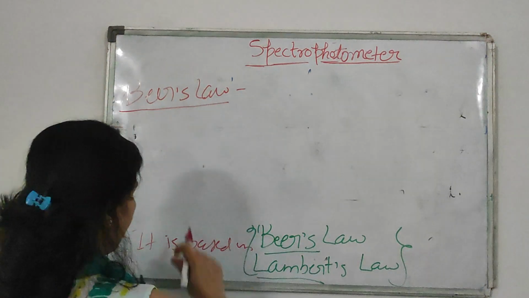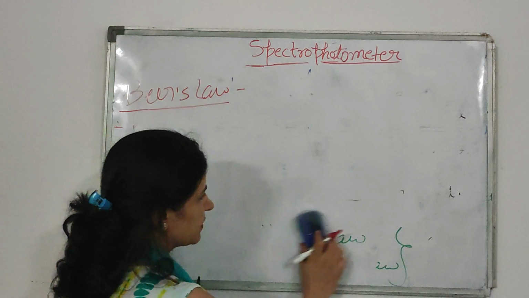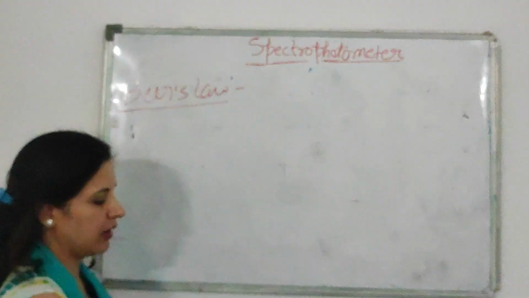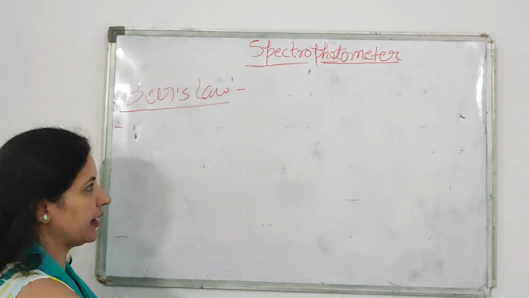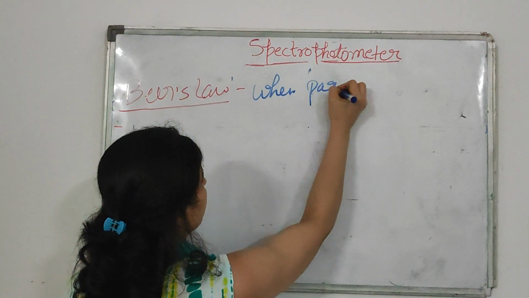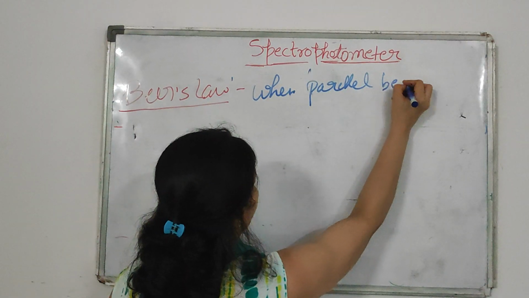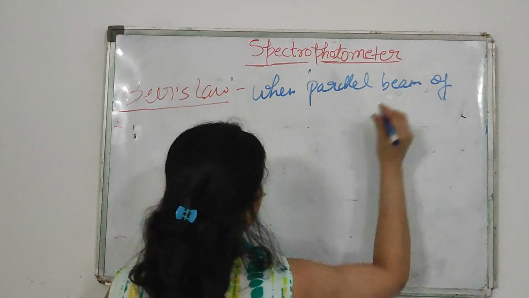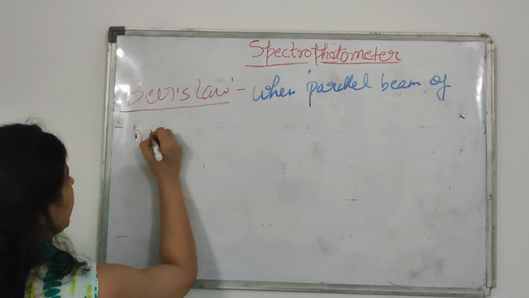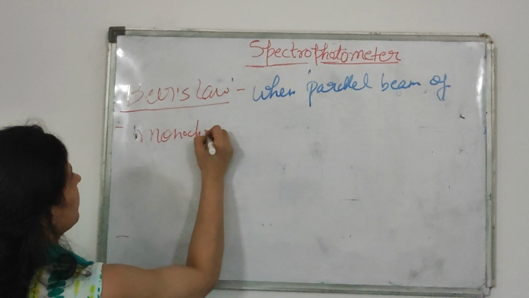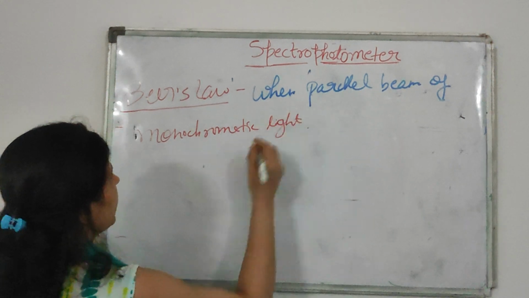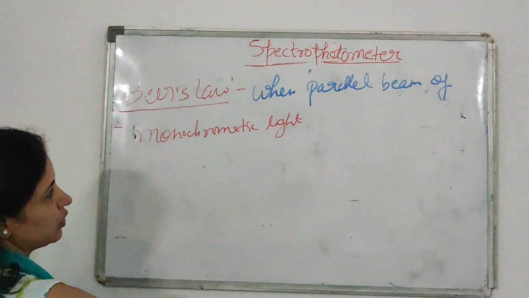Beer's law states that when a parallel beam of monochromatic light is passed through a solution,